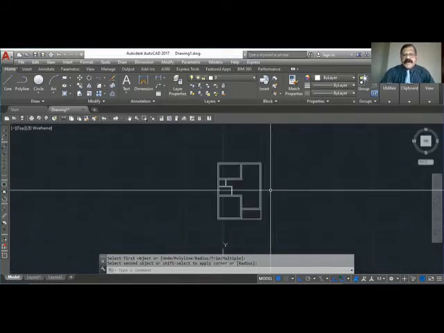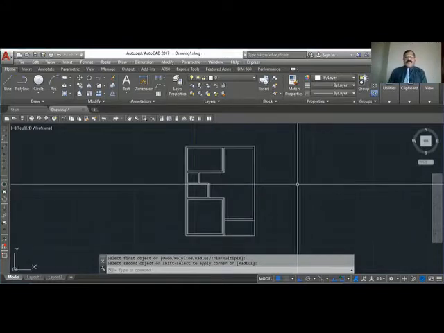Now I think you got some idea. Up to here it is okay, everyone? Yes. So we have to do a lot of things now. We have to draw the center line and see that all the elements are proper. We have to draw the doors. We have to draw the windows.